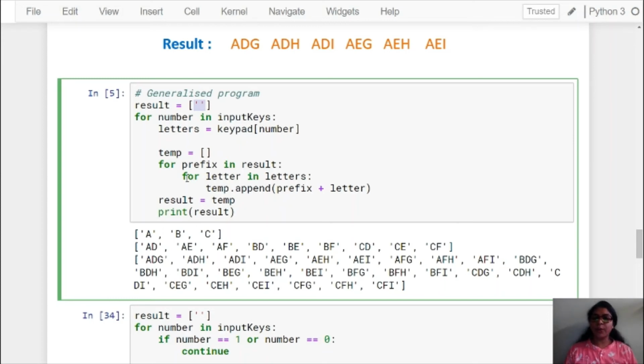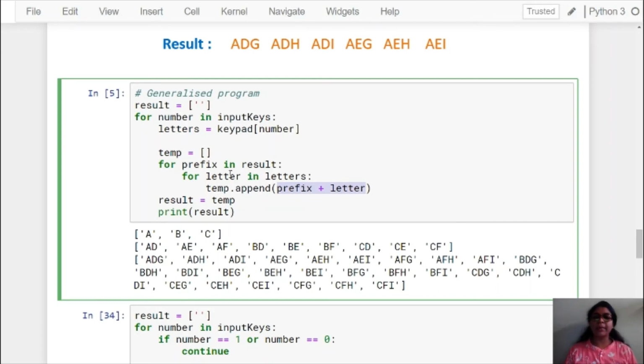Then again a for loop is there, so for letter in letters. This for loop will iterate over your letters, and your letters are A, B, C. First time A will get assigned to letter. Then we have prefix plus letter. So prefix is the empty string plus letter is A, so you will get A, and A is stored in the temporary list.